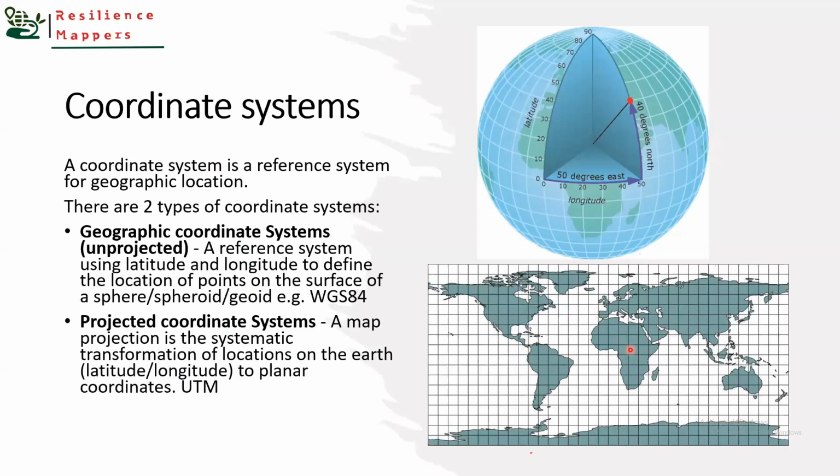This projection distorts the shape and makes countries that are towards the pole have their area increased. Like this continent down here, you might think it's the largest continent just by looking at this projection system,